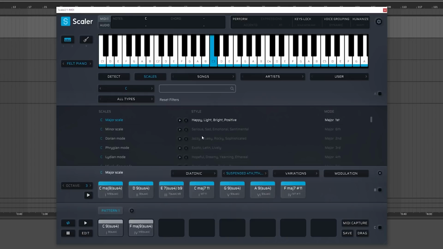So root note, C. D is called the supertonic. This is the second. The third is the most important in the scale, aside from the root. This defines our root note, but this defines our major or minor key. So if I take this, which is currently at a major third, and go down, we get a minor third. So if I change this to minor scale, you'll see that now we have a flatted third, and we have some other changes here. There's a couple different types of minor, but we'll get into that in a second.